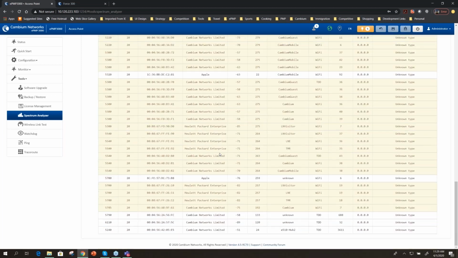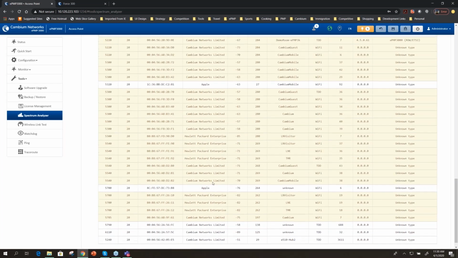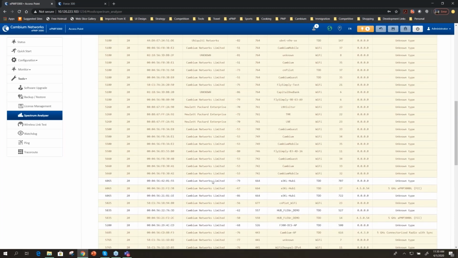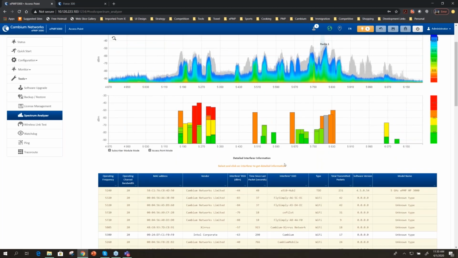And this is a huge amount of Cambium Networks Wi-Fi, some HP stuff here that is on the floor below us, some additional ePMP 3000s, et cetera, et cetera. These are all SSIDs that are populating the network. So certainly a busy environment, but it gives you an idea. So if you want to pick a channel and you suddenly see a MAC address, you may be able to conclude that this is a Wi-Fi radio coming out of the installation or the home office. So there are things you can do there.